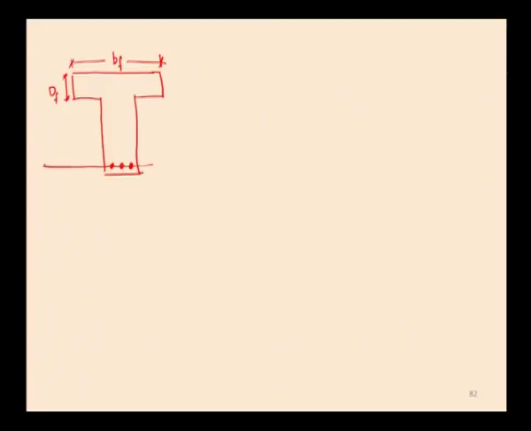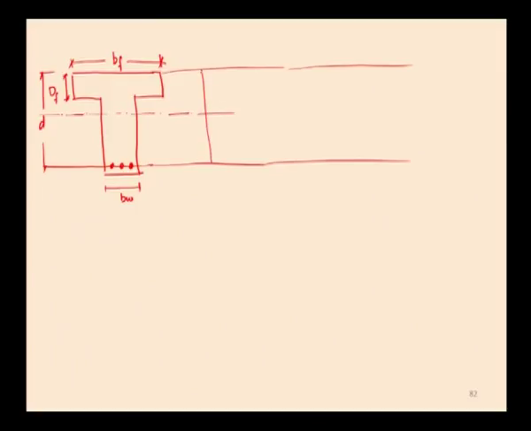Here d is the effective depth of the beam and Bw is the width of the web. Now, for example, this is the neutral axis. Now, this is a stress